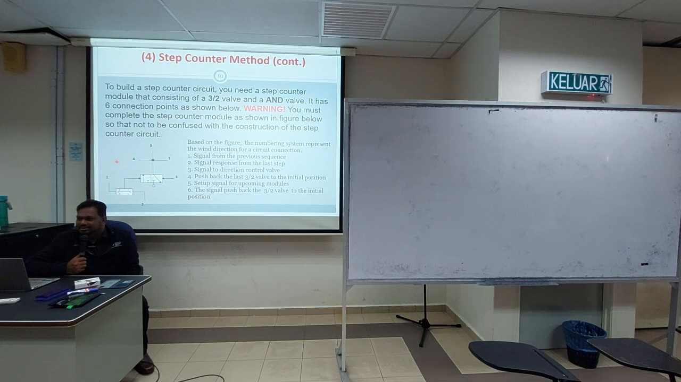Apa tu sequence? So kalau ada 2 silinder, akan ada berapa sequence? Ada 4, kan? A plus, B plus. Okay, A minus, B minus. So that's the maximum 4. So katakan itu adalah 2 silinder case, so maksudnya akan ada 4 sequence. So you will have 4